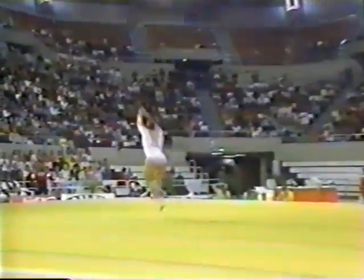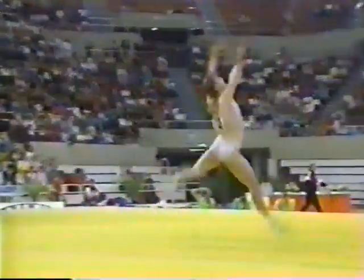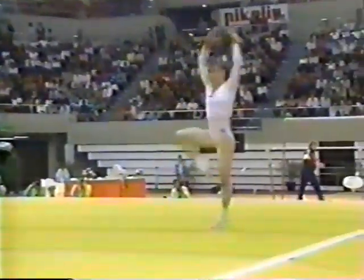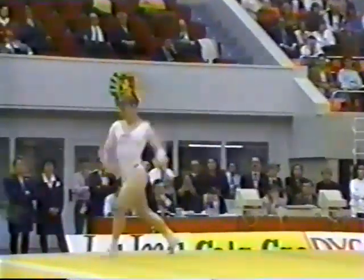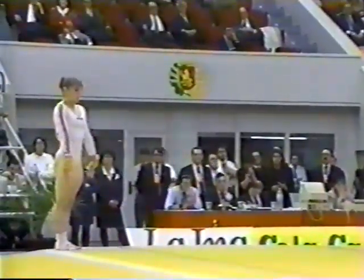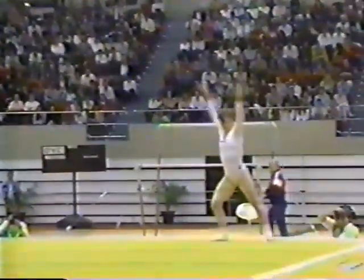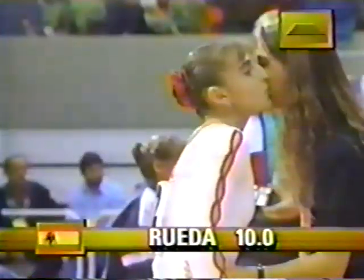Take a look at this combination tumbling pass. Round off back handspring, double back, but she rebounds into a punch front and continues on to a round off 2 back handsprings, full twisting layout. And you can see Eva doesn't really have the artistry of a Boginskaya on the Soviet team, but I think the coaches have done an excellent job in choosing an appropriate piece of music for her. As I said, she'll be known for her tumbling. Final tumbling pass, very high double back summy. Nice routine to end with. Perfect score, a 10. So now on the world